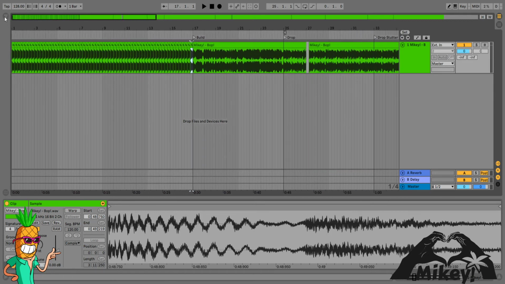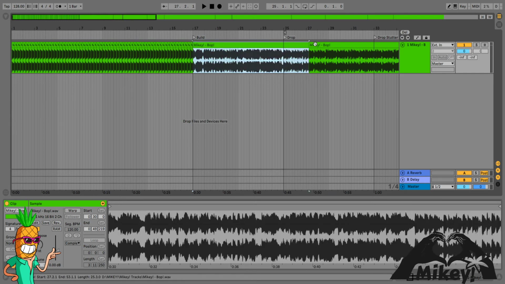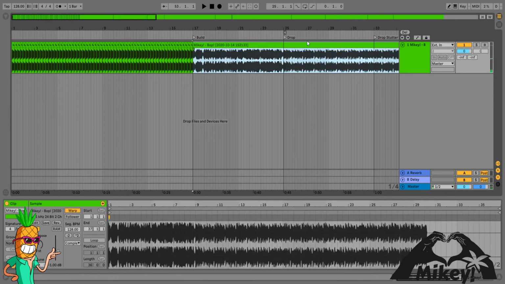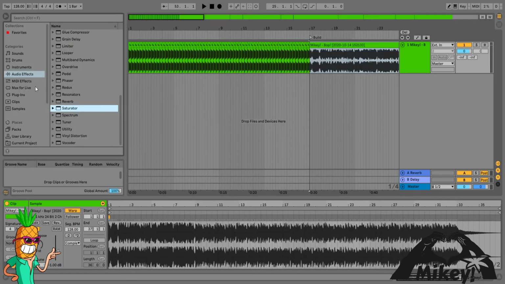And what we'll do is, let's go ahead and extend that back over so we don't have a gap. And what we'll do is Shift click and then Control J, which will consolidate that again. That way we don't have a gap right there and it's not 2 different files that can be dragged around. Okay, we're going to go into Audio Effects and we will grab,